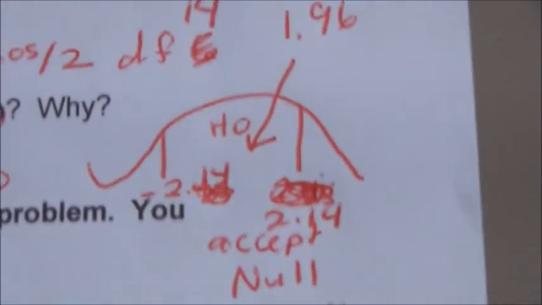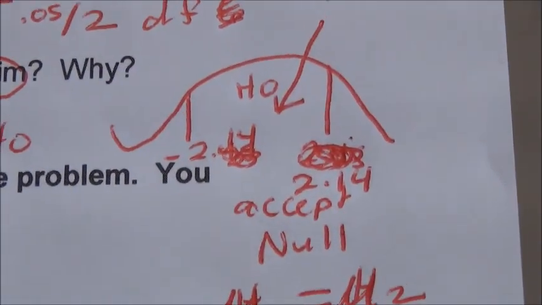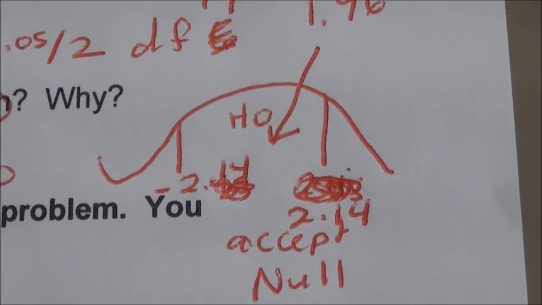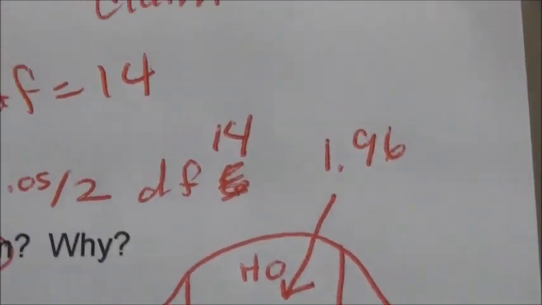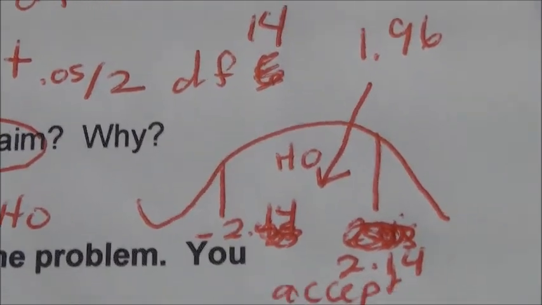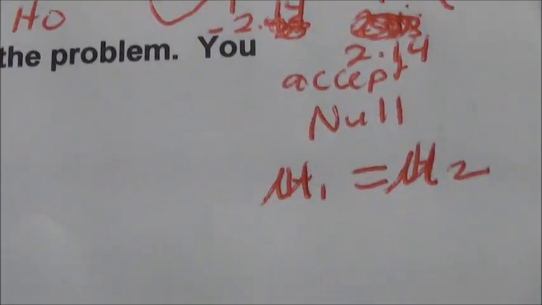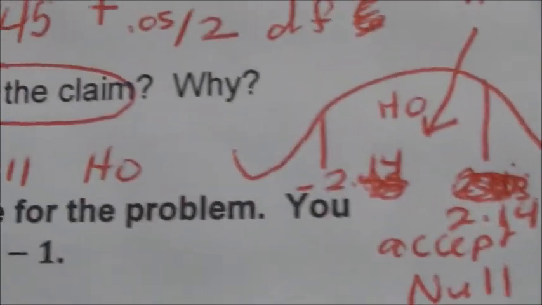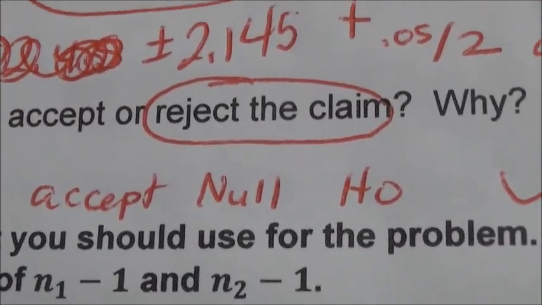Should we accept or reject the claim? The claim being that there is a difference, which is our alternative hypothesis. So again, if I look at my drawing, if I have negative 2.145 and positive 2.145, the null would be in the middle. Our test statistic of 1.96 would be in the middle. We're going to accept the null, which means we are saying that they are equal,